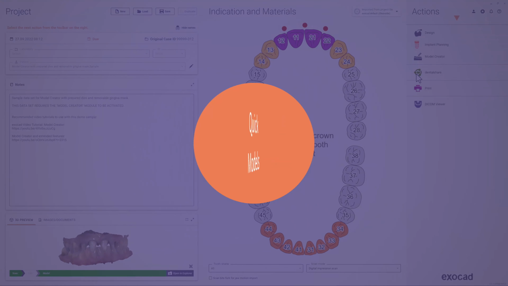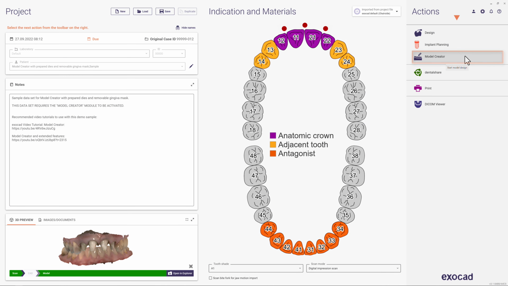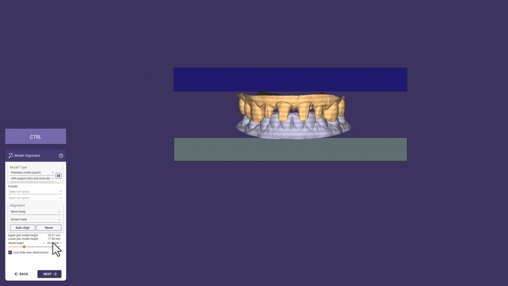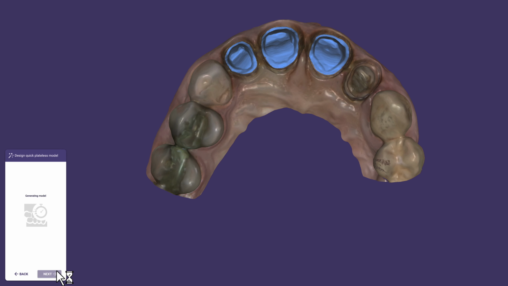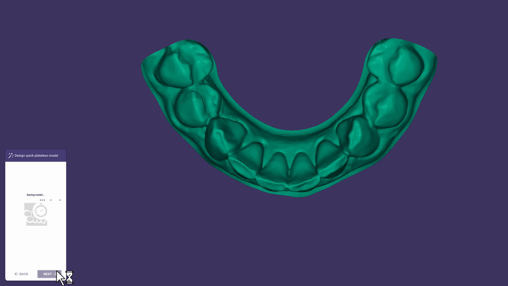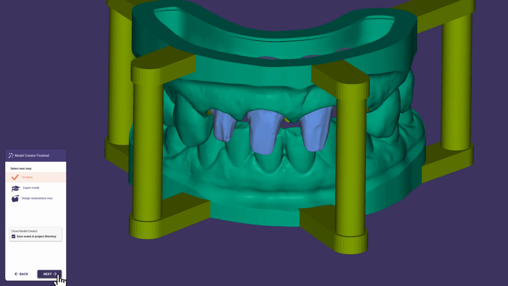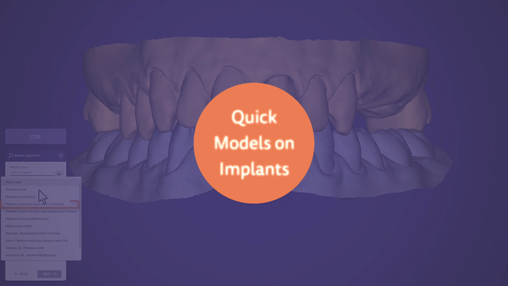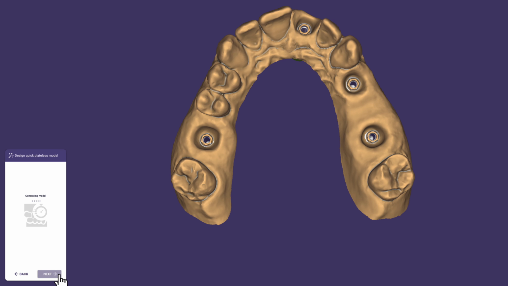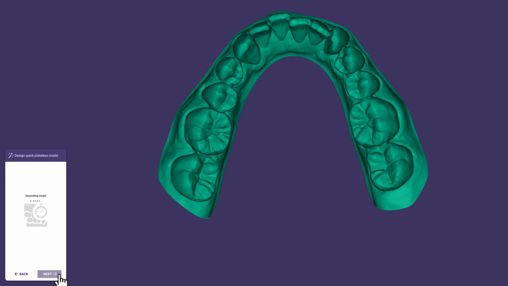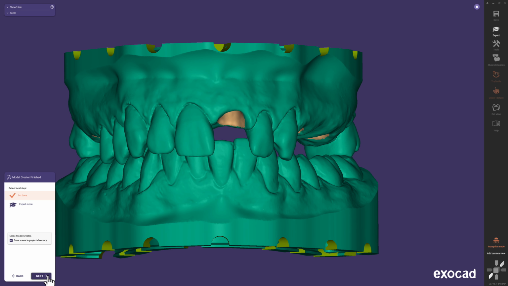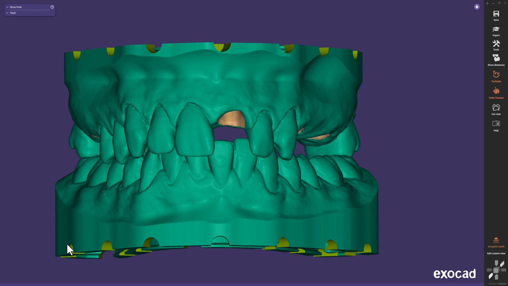Model Creator Quick Models. To prepare your intraoral scans for 3D printing, the Model Creator comes into play. With just a few clicks, the wizard automatically creates the upper jaw including the dives, then the antagonist, and finally the attachments for you. This workflow also works great on cases that include implants. Again, we see the automatically generated model workflow creating the upper and lower jaw with minimal interaction from our side. Of course, design options and parameters can still be customized via the expert mode.